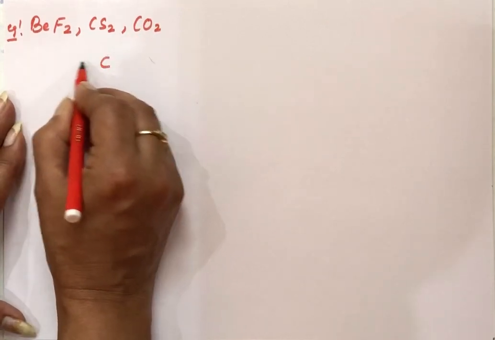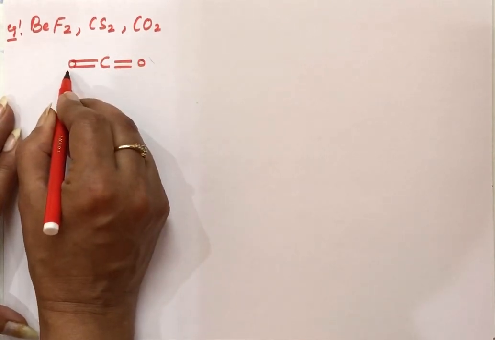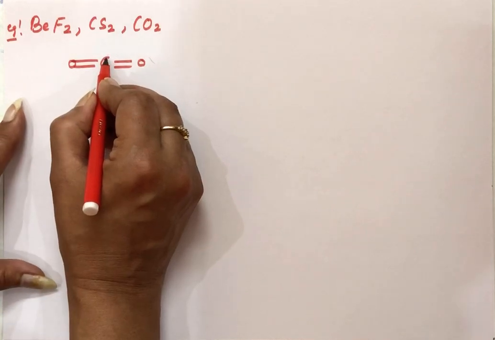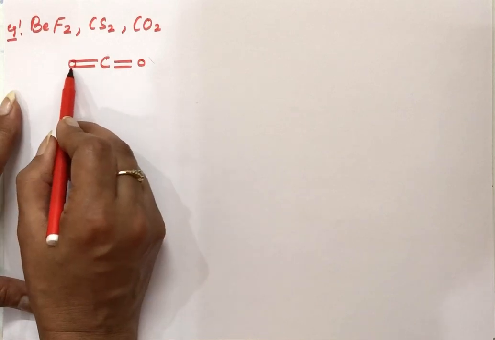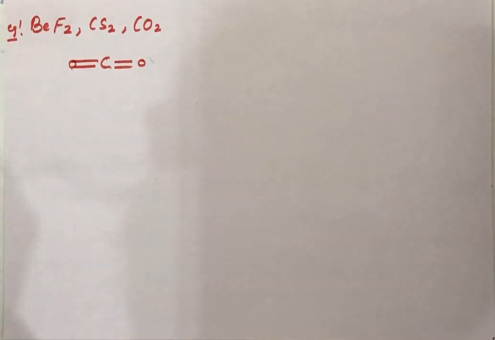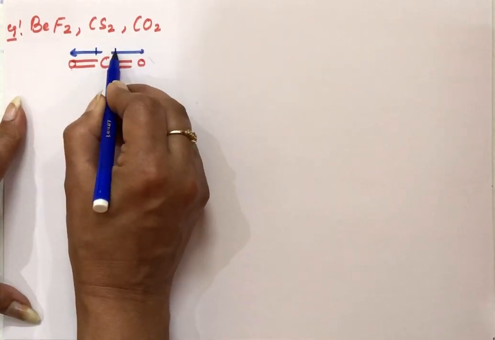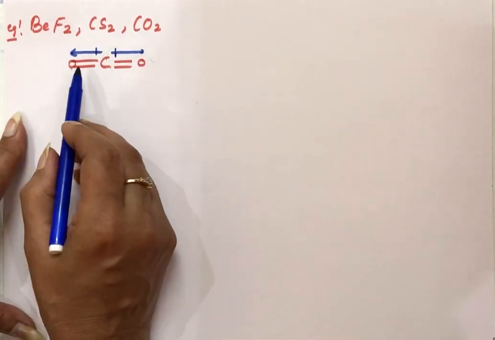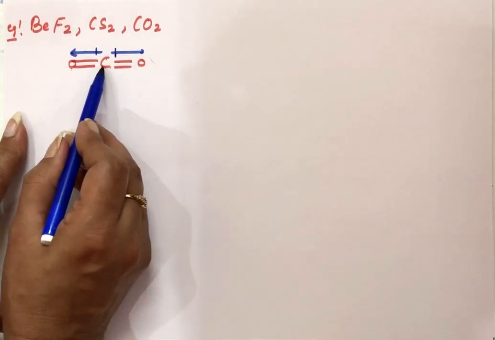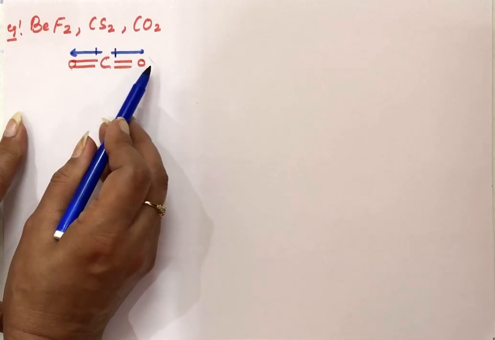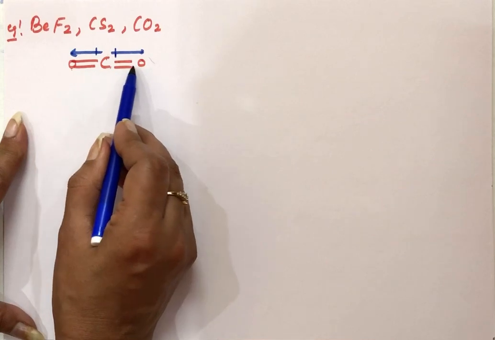Carbon dioxide has carbon double bond O. 2 polar bonds are here. This is partial positive charge and this one is partially negatively charged. So this bond is polar, this bond is also polar in nature. The direction is towards the oxygen because oxygen is more electronegative. These polar bonds have the same value of dipole moment, but they are in opposite directions. So whatever is the value of this bond, this side, the same value of this bond is this side,